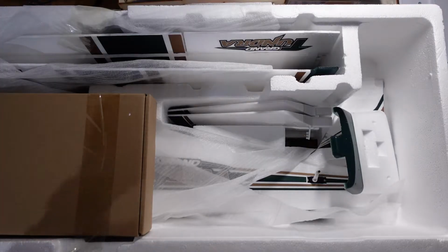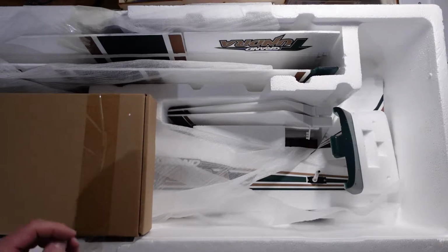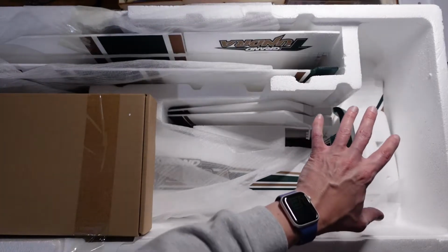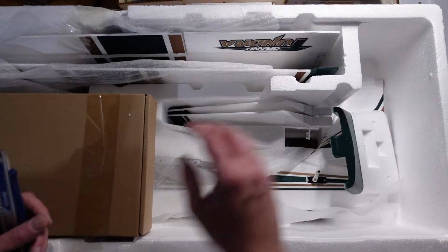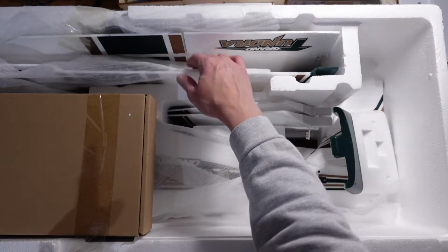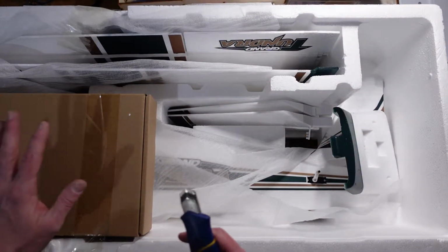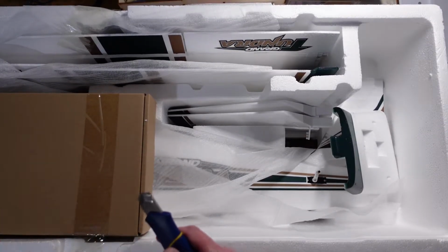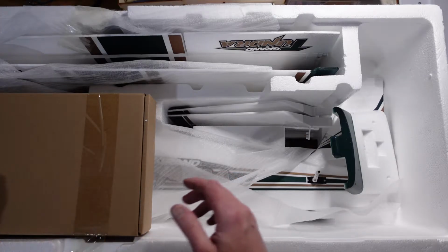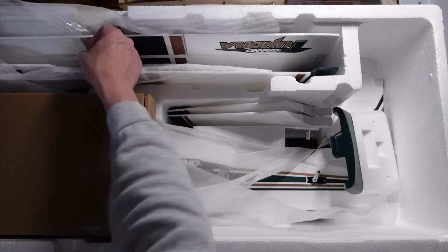Right then guys, I've got the camera as high up as I can get it, and there's no chance of me getting the whole box in the shot unfortunately, but I'll get the things out and you'll be able to see as we go. But very nicely packed, so there are different sections for all the bits, like the wings, which they've put in their own little pocket here, so very nicely supported. Everything's wrapped in this thin foam as well, and then there's a box here which we'll take a look at first, presumably a box of goodies in there. But first let's get one of the wings out